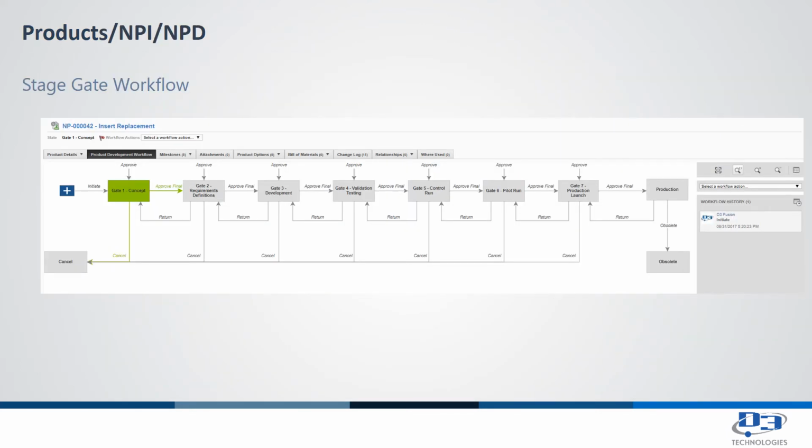Here's an example of a 7-gate stage gate workflow. As I mentioned earlier, a lot of companies follow something very similar to this, albeit it's manual, and trying to track team members and different stakeholders down throughout the project is often done through meetings and emails. It's very, very difficult, especially if you have multiple projects going through a new product development process. But configurable workflows coordinate and control cross-functional new product introduction activities. So a point and click, drag and drop workflow editor makes it really easy to create custom processes for improved visibility